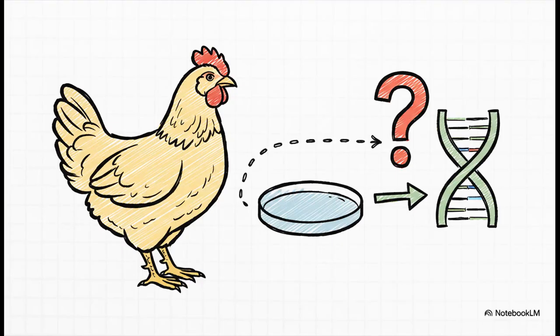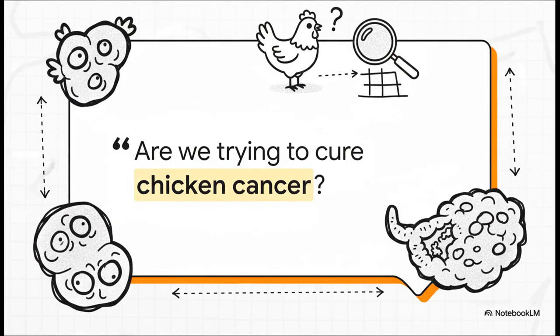So first up on our tour, we have the DT40 chicken cell line. Yeah, you heard me, chicken cells. Specifically, they're lymphoblast cells from a chicken, and they're used all the time in cancer research. And I bet I know what you're thinking, because it's what everyone thinks. Chickens? We're using chickens to study human cancer? Really? And you're not alone in thinking that.